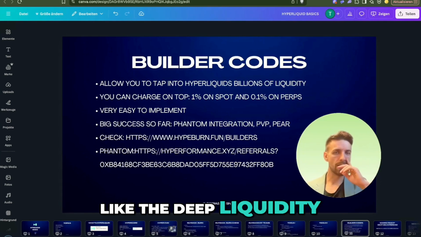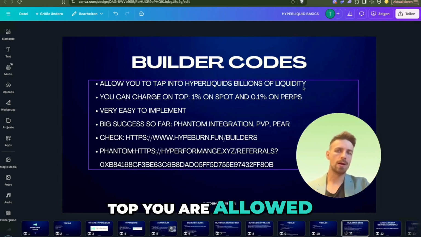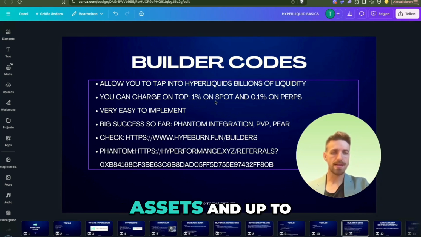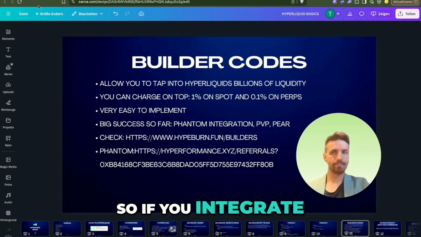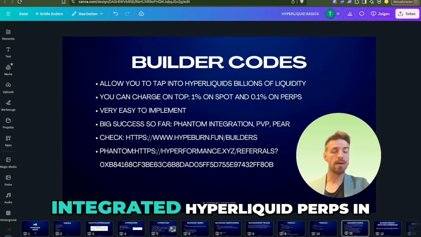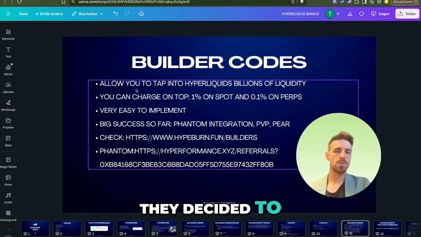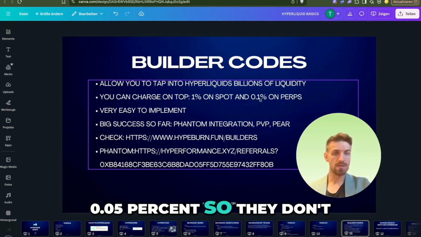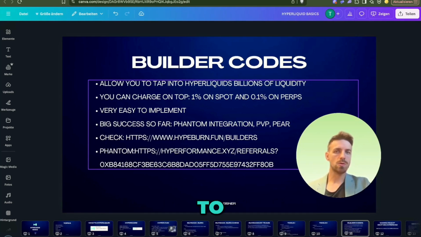Hyperliquid is just different. You can tap into the deep liquidity of Hyperliquid. You don't pay for that. You even get money for that on top. You are allowed to charge up to 1% on top on spot assets and up to 0.1% on perps. So if you integrate, for example Phantom, what they did, they integrated Hyperliquid perps in their mobile wallet, and they decided to only charge on top